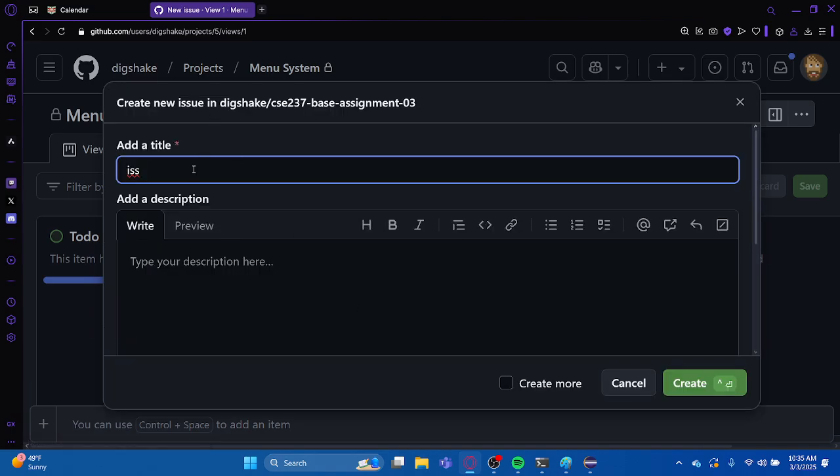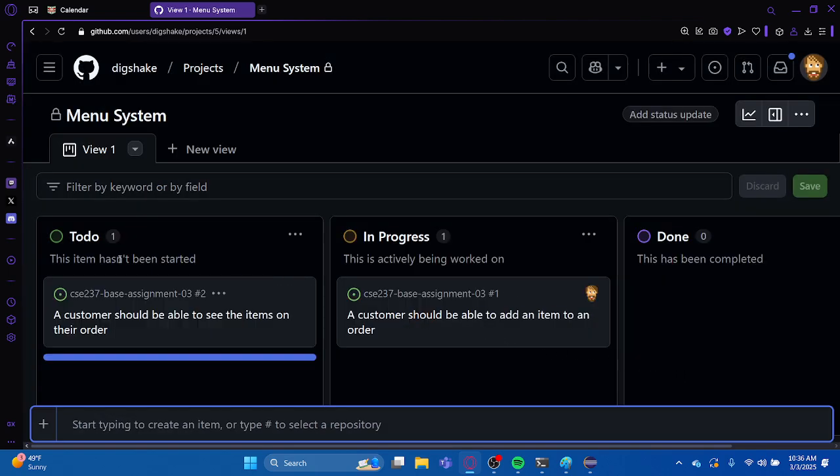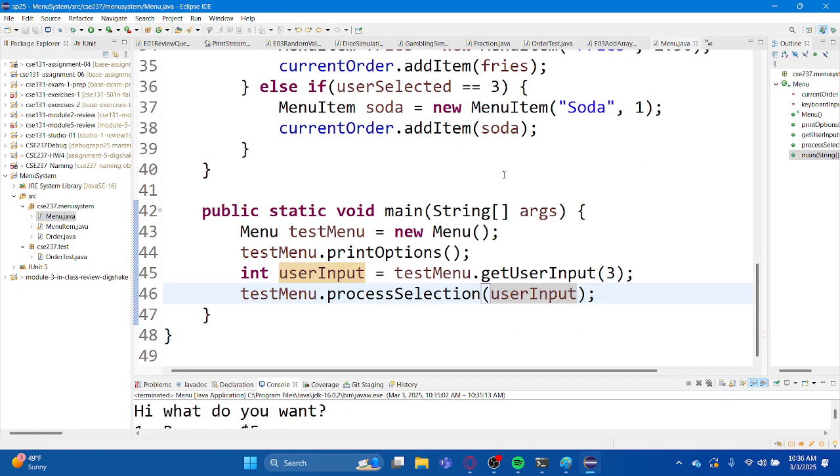A new blank issue that says a customer should be able to see the items on their order. Right? That seems reasonable, doesn't it? I don't have that yet. There's a lot of other ones that I think we could add here too, but to return to